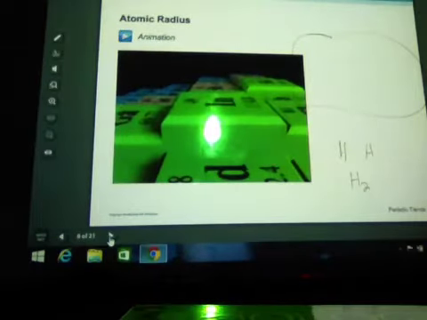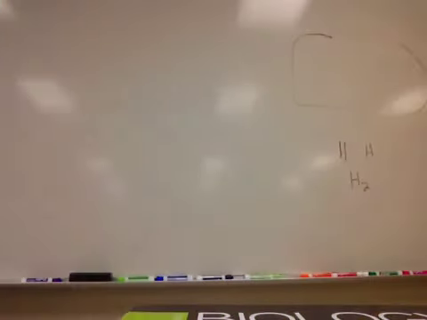And I'm not going to play that right now. That's where we're going to stop. Okay, so there's rules for the periodic table. Size of atoms change. I want you to take out your lab from last